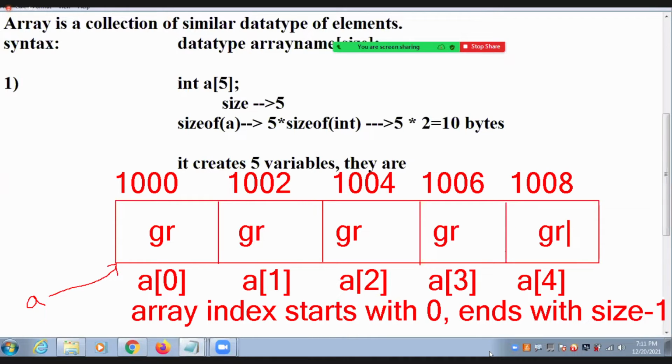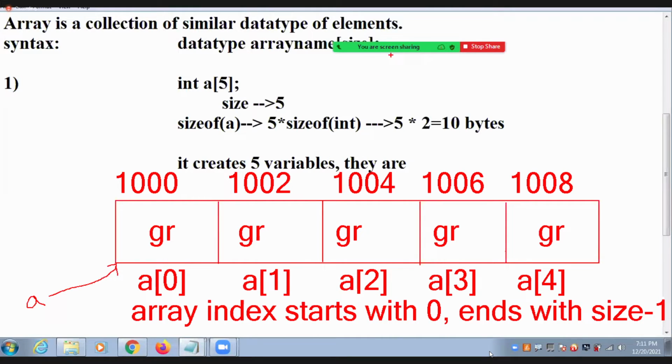Okay, array index starts with zero and ends with size minus 1. Yeah, second point, guys. Write the first point: array size must be an unsigned integer.